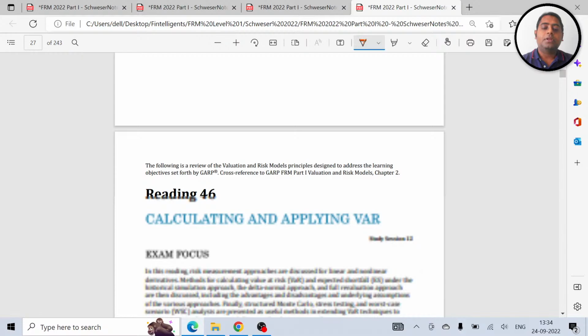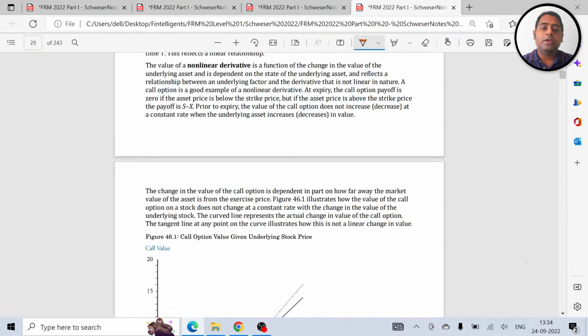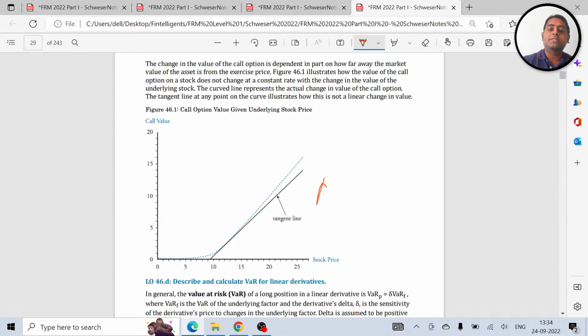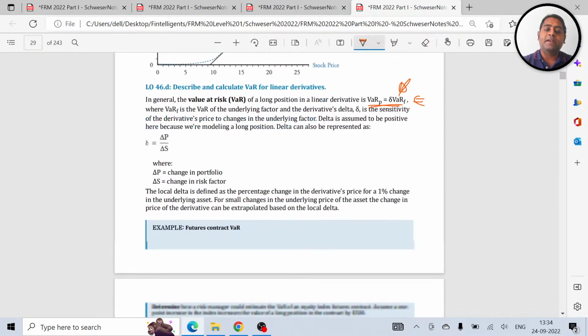The next chapter, which is calculating and applying VAR. Over here, non-linear derivative. This diagram is important because if you are aware of this, you will be able to understand things very fast, between the call price function, the gamma effect, and all. So this formula is important. Then for linear derivative,